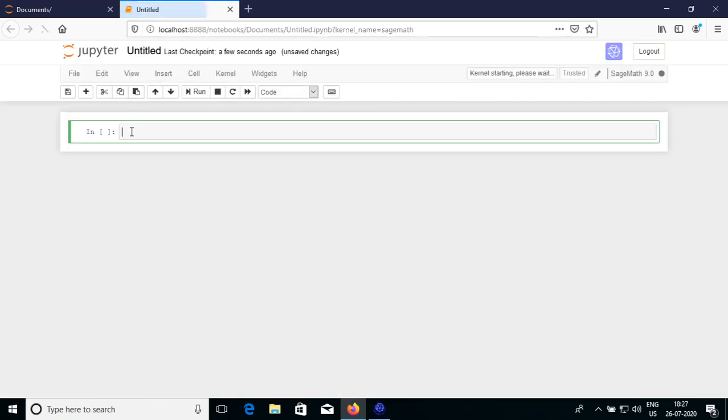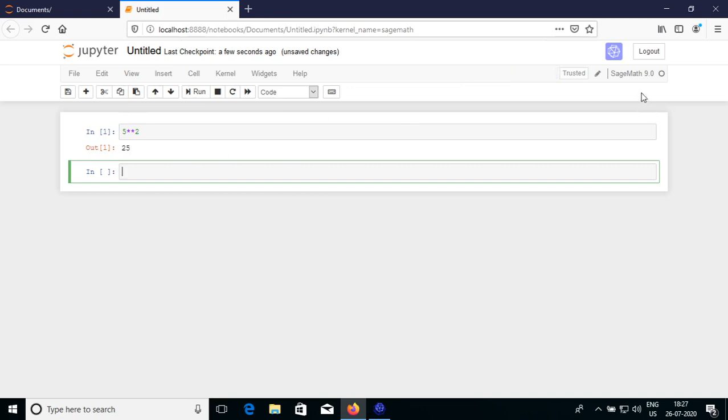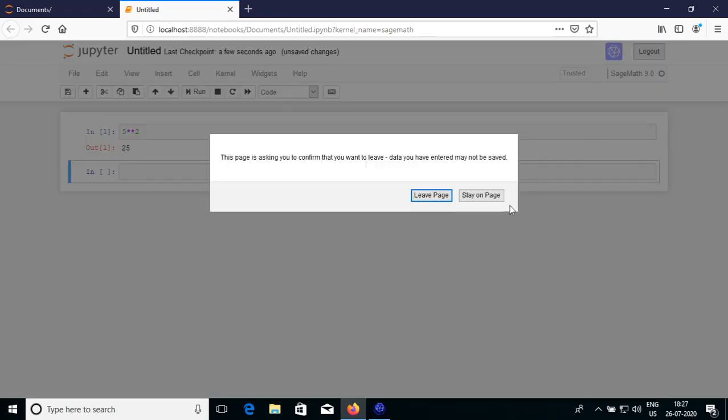SageMath Jupyter Notebook has come, and we can perform our computations here now. SageMath Jupyter Notebook is ready for its work. After you finish all your computations, you may either log out from this, or you may even leave this page.